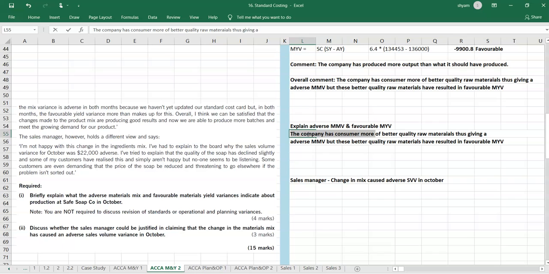The company has consumed more of better quality raw materials, thus giving an adverse variance. But these better quality raw materials have resulted in a favorable material yield variance. The same thing is what has occurred. So they say this has increased the output,